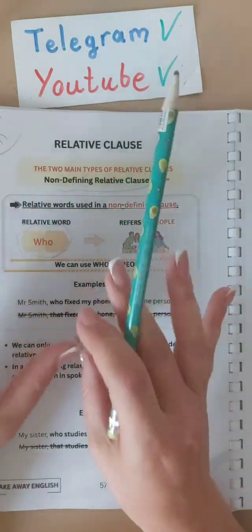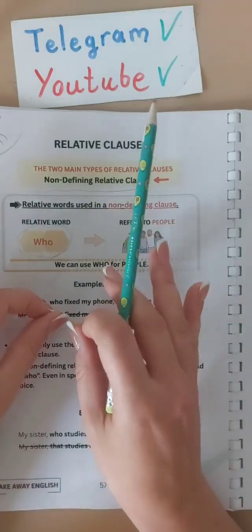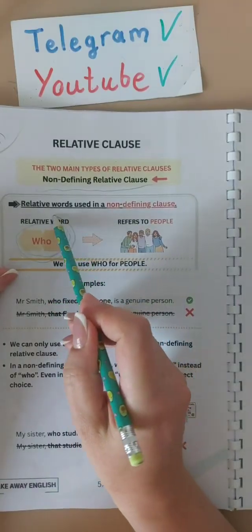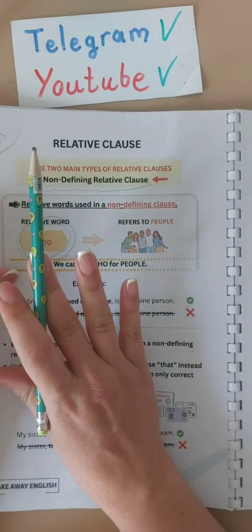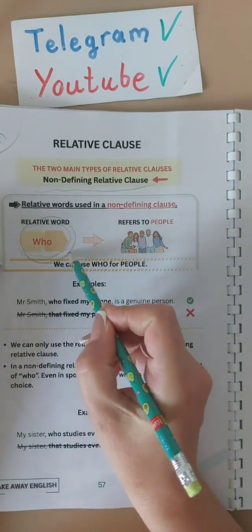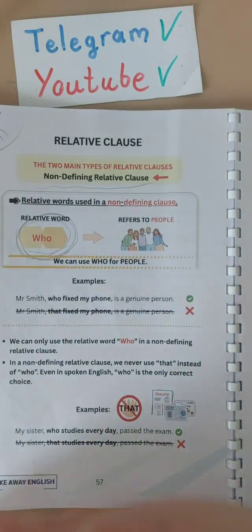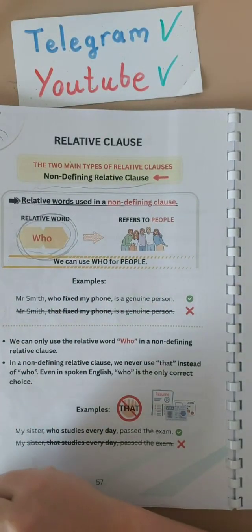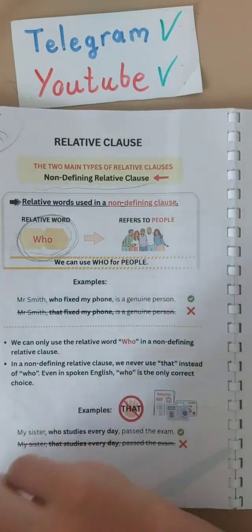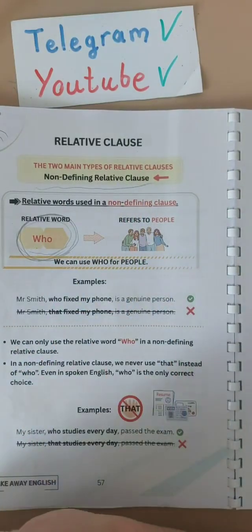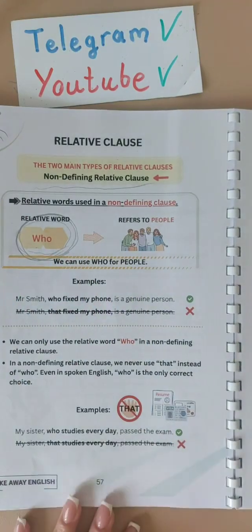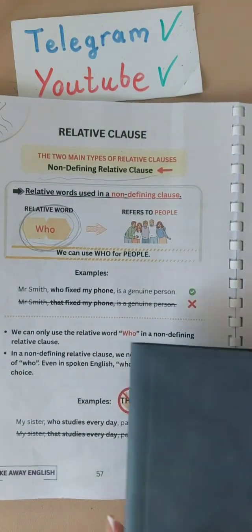So if you add extra information to someone or something, you can only use who for people, which for things, etc. Now, when it comes to who, when we add extra information to the person or to people, we can use only who, okay, or whom. We cannot use that. For example,